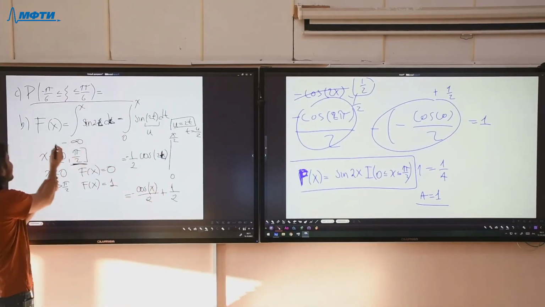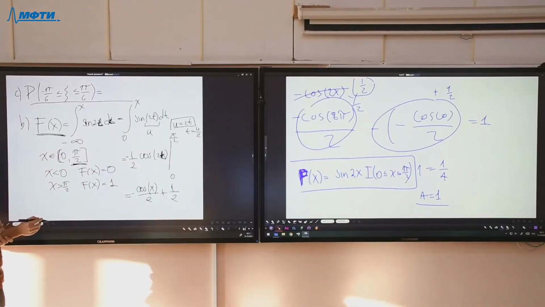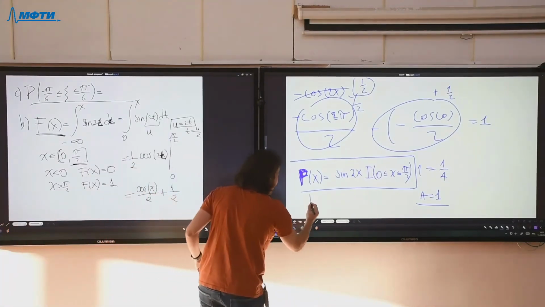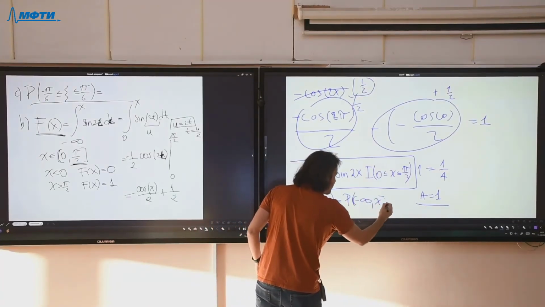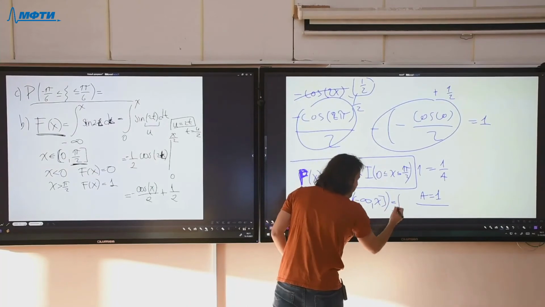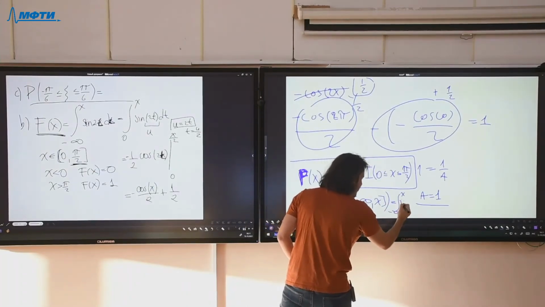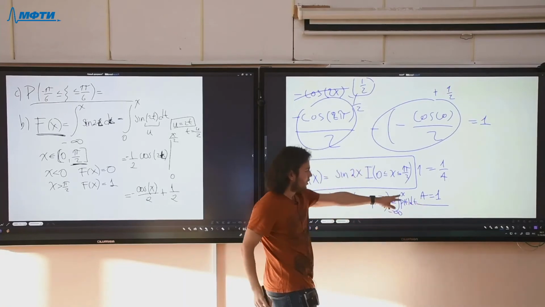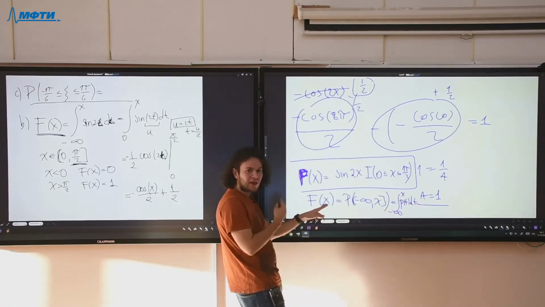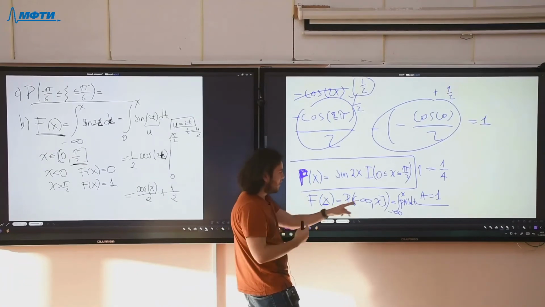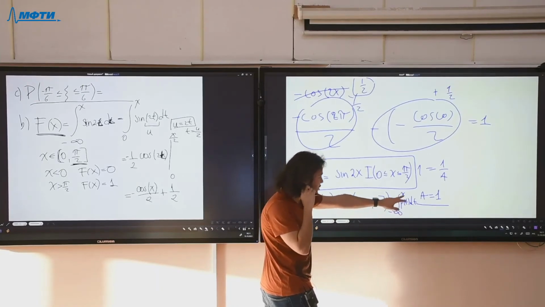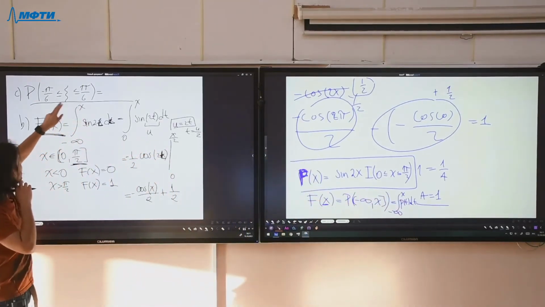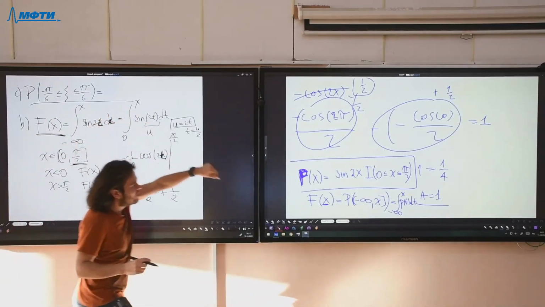No, we are finding the CDF. We are not finding the probability. So look, the CDF is the probability from minus infinity to x. So this is the integral from minus infinity to x of the density. So this is a function of x. So x is any value, right? And here we will get a function of x, not a number. So if we change this x by pi over 2,